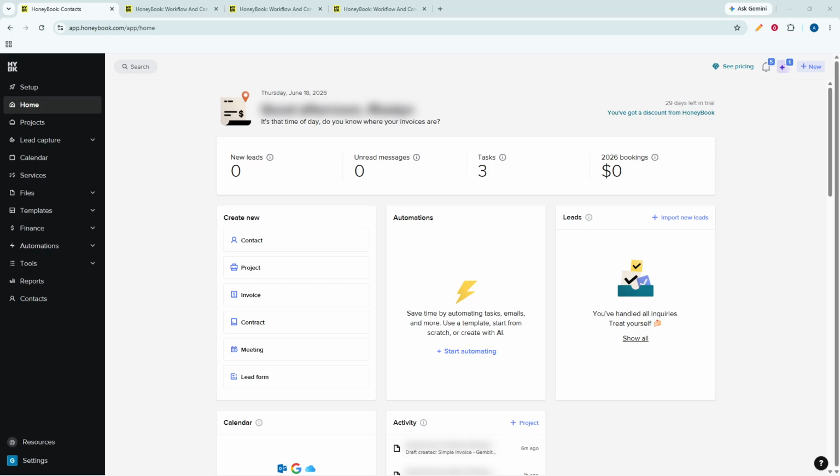In today's video, I'm going to teach you how to mark an invoice paid in HoneyBook. If you've received payment outside of HoneyBook, or you simply need to manually update an invoice so your records stay accurate, this is a quick and useful process to know. I'll walk you through it clearly so you can update the invoice status with confidence and keep your project payments